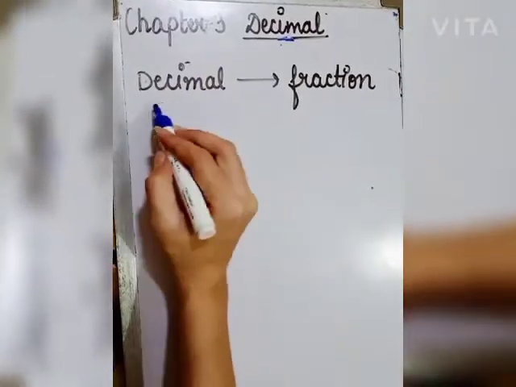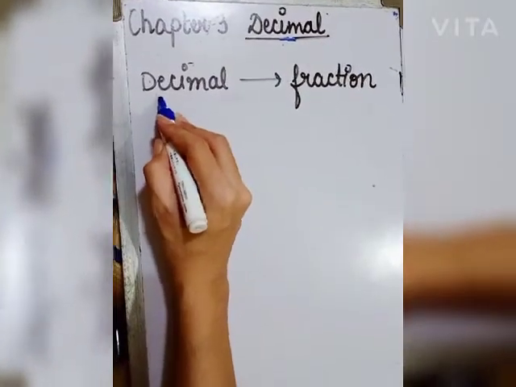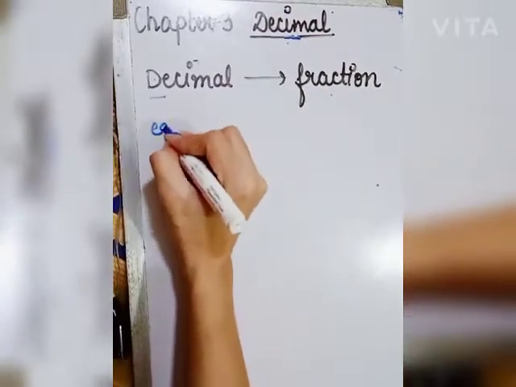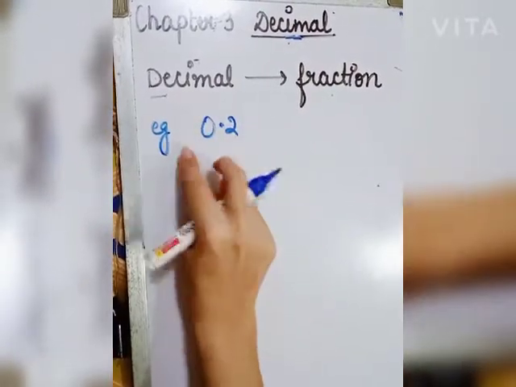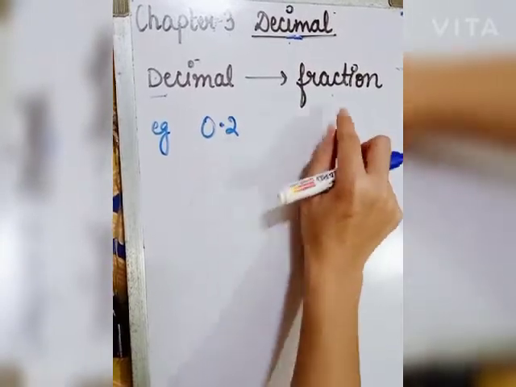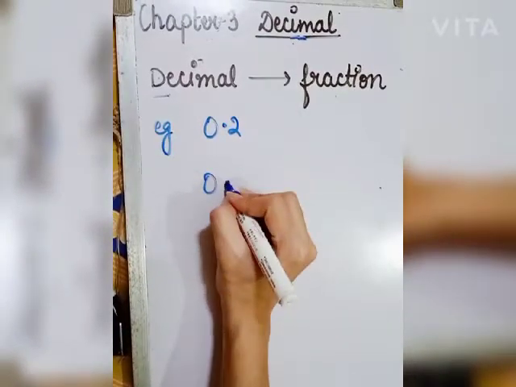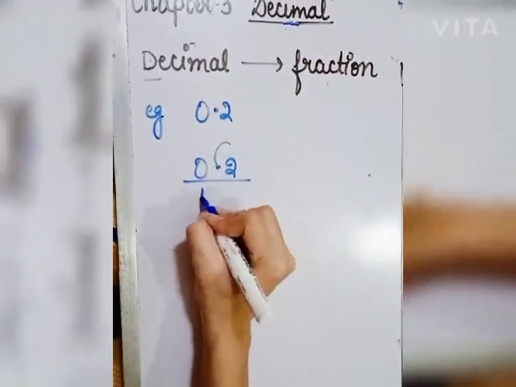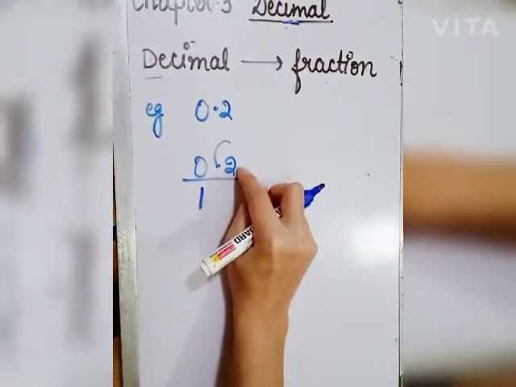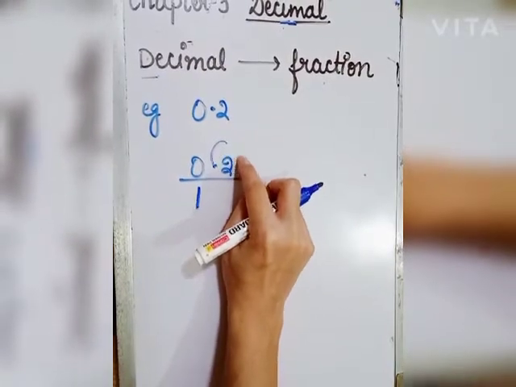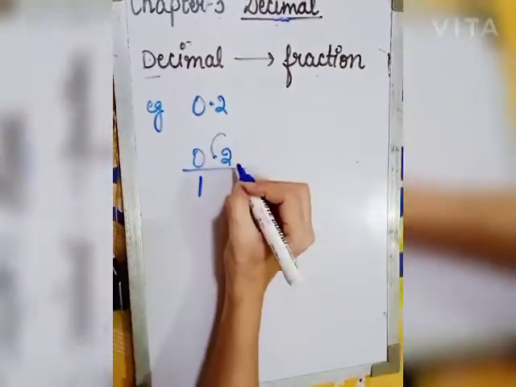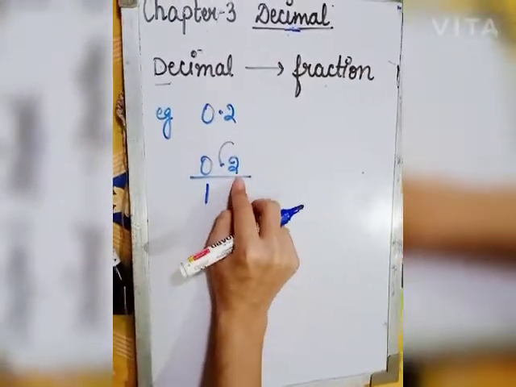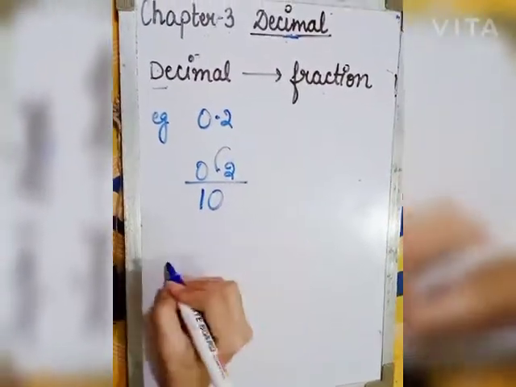Now class, we will learn the conversion from decimal number to a fraction. How do we convert a decimal into the fraction? Let's see an example. This is a decimal number. So to convert it to the fraction, first remove the decimal. After removing the decimal, put the zeros equal to the number of digits after the decimal place. जितनी भी डेसिमल प्लेस थी उतने हम ज़ीरो रख देंगे. यहाँ पर डेसिमल प्लेस 1 है तो we will put 1 zero here.